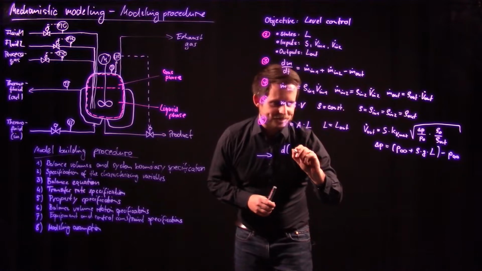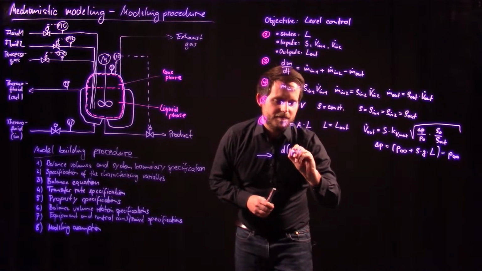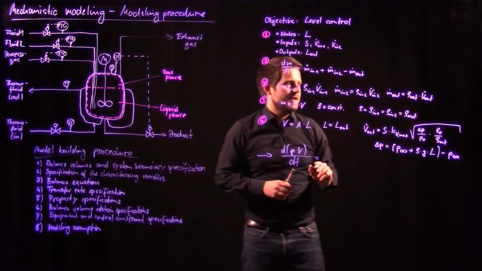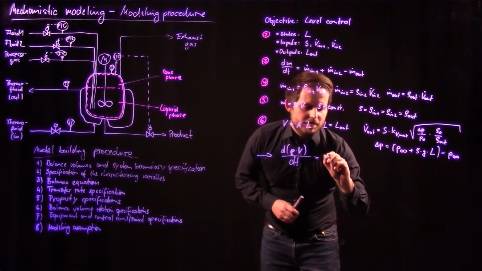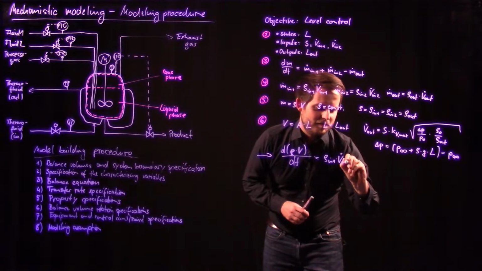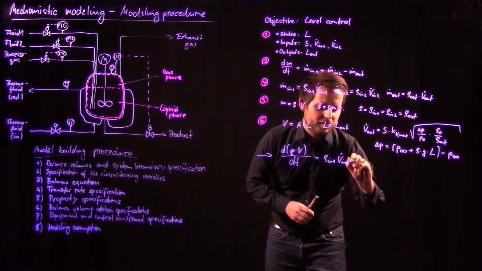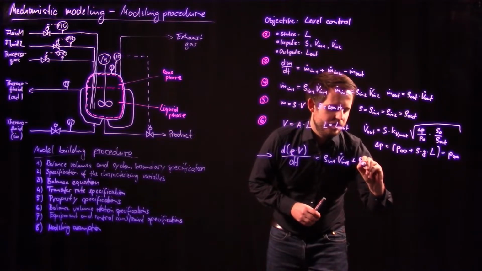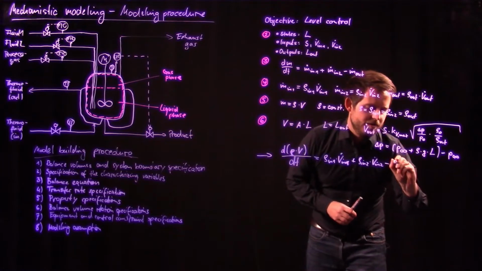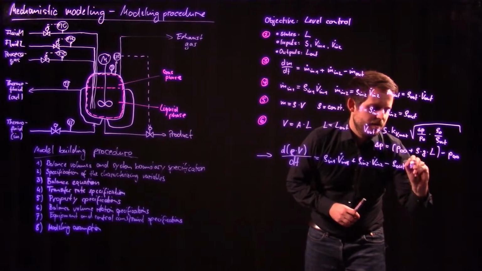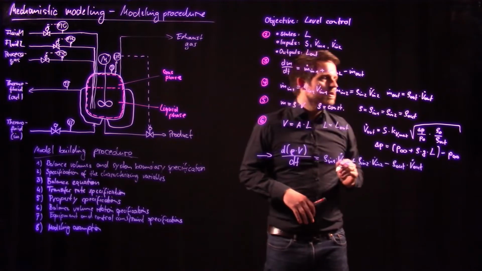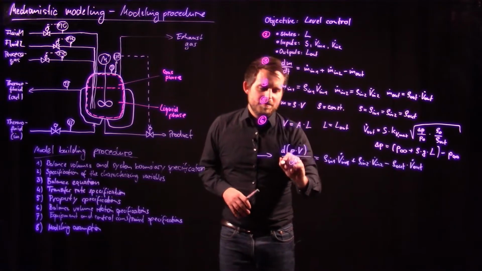We have the differential of the density times the volume divided by the differential of time. This is equal to the mass flow going in, denoted in terms of a volume flow, plus rho in 2, minus what is going out, density out times volume flow out. Very simple. Now one important step is that we say